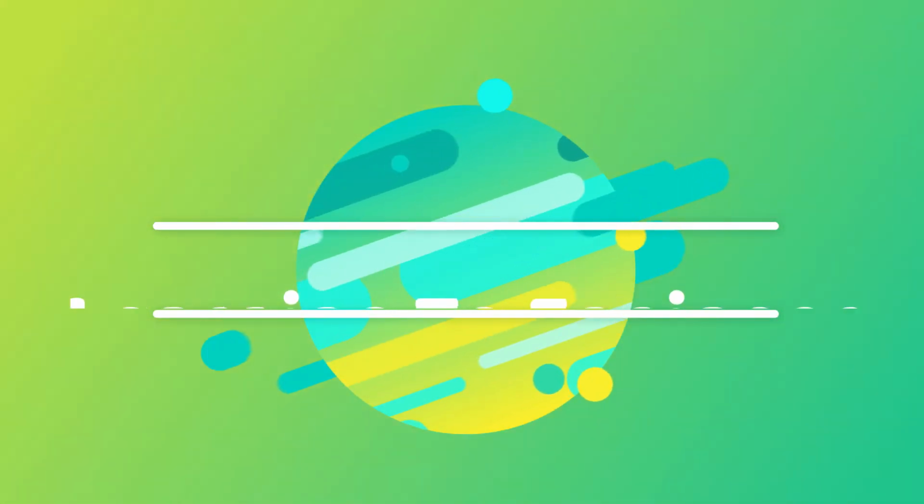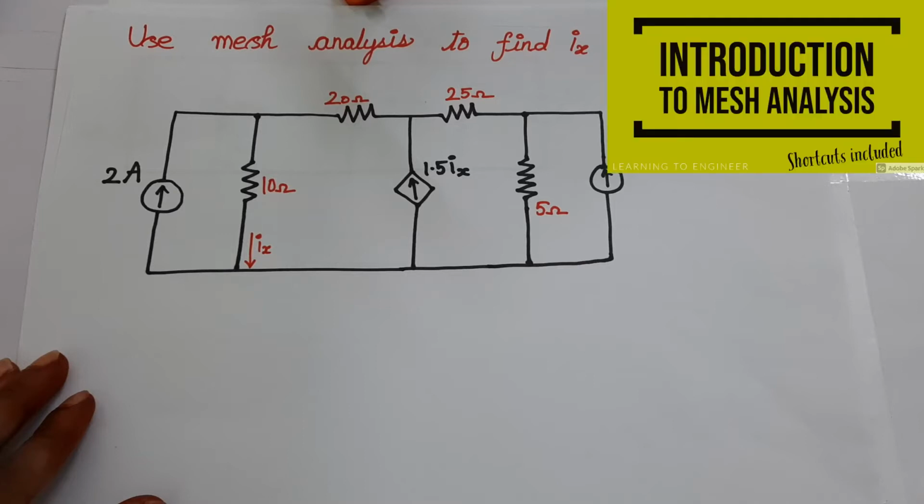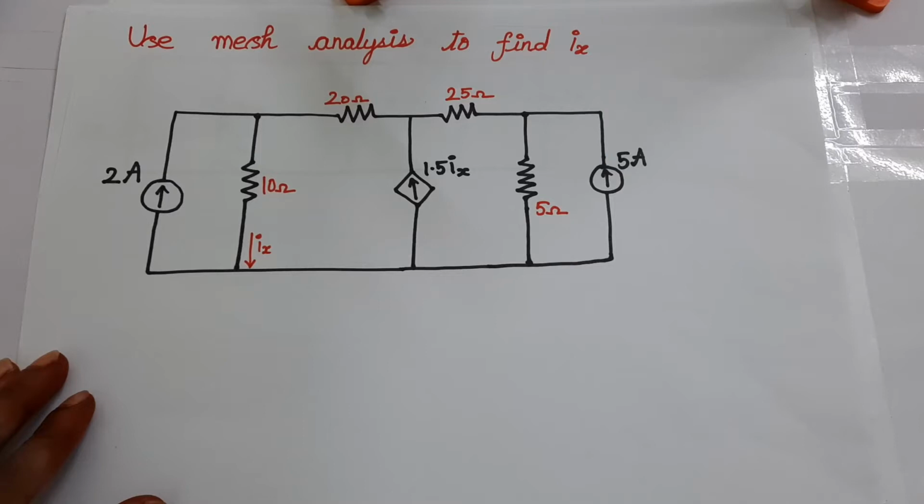In the previous video, we solved a circuit by using mesh analysis. Now, we are going to solve a circuit that has a supermesh. A supermesh is a circuit that has multiple loops that are connected by a current source. To solve this, we need to apply both Kirchhoff's current and voltage laws.